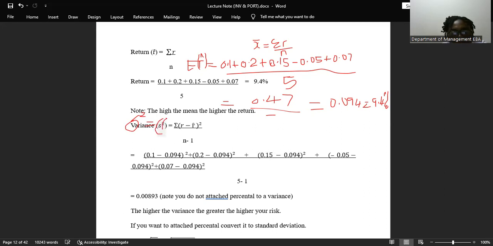So it will be R1 minus expected return squared plus R2 minus the expected return squared plus, it's 5, right? R3 minus, and so I'm breaking down the formulas, okay? Squared plus